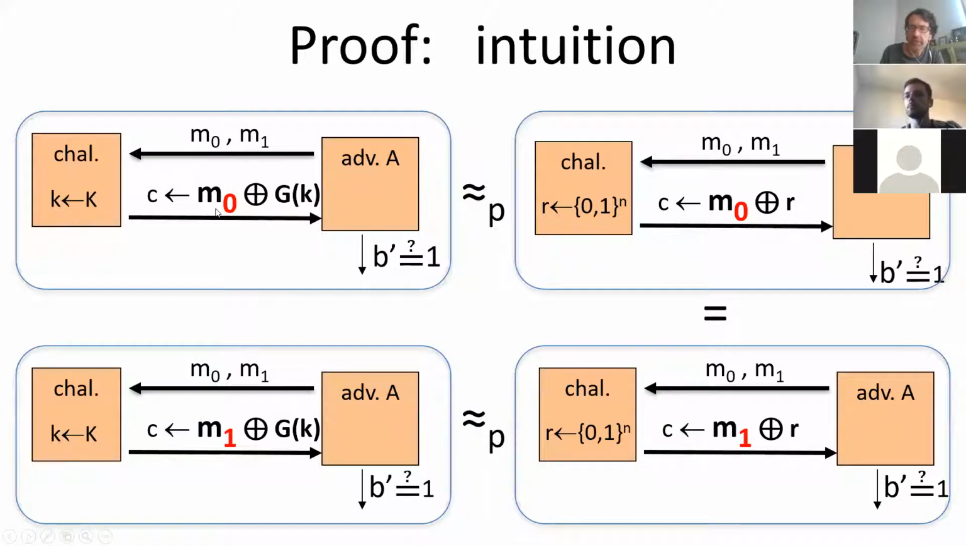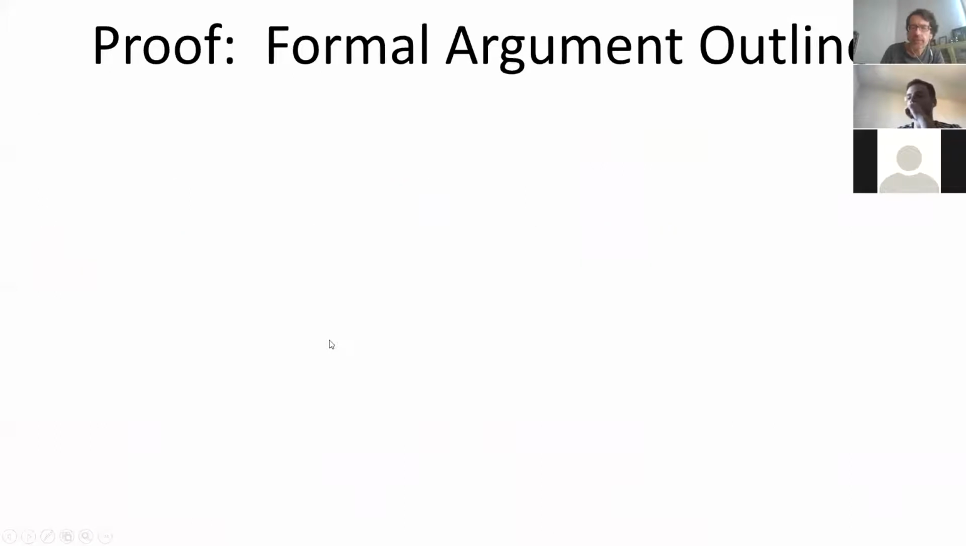I didn't assume anything about M0 when I was intuitively, hand-wavingly arguing that XORing GK with the string and XORing R with the string must produce indistinguishable distributions if GKs and Rs are indistinguishable. So the same argument goes for XORing GKs and Rs with M1. Yes, there was nothing special about M0 here. And finally,